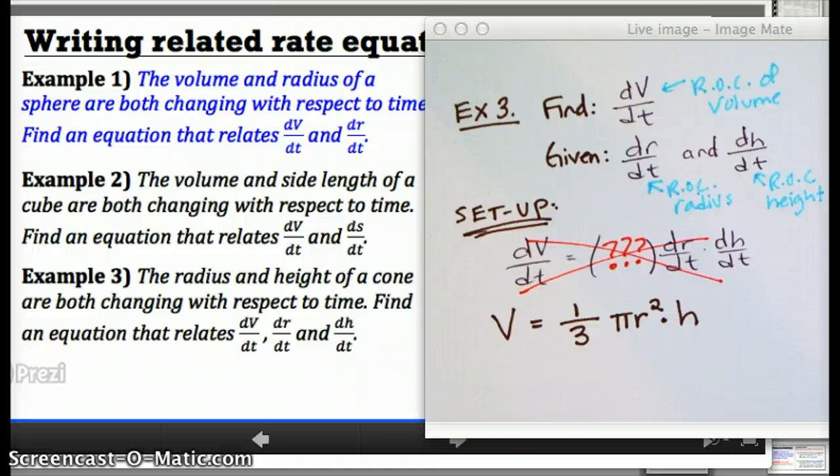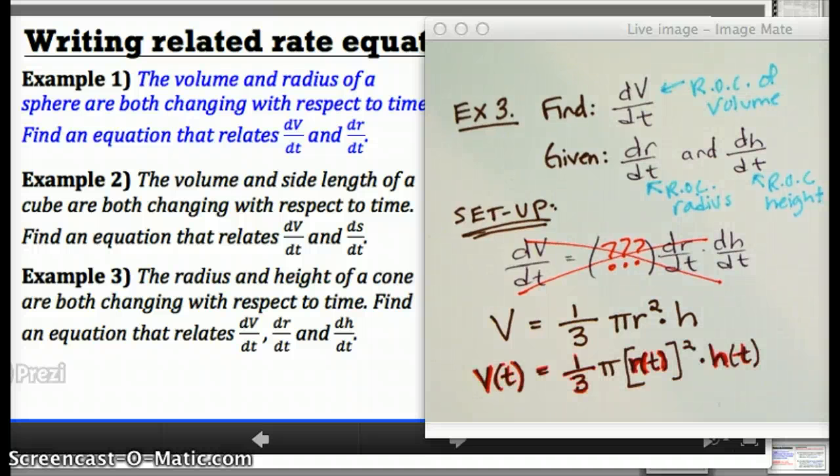So when the problem says that the volume and the radius and the height are changing with respect to time, that means we can think of these as functions. And they're all functions that depend on time. So I could even kind of rewrite this formula to look like this. And again, I'm not actually changing the formula. I'm just reminding